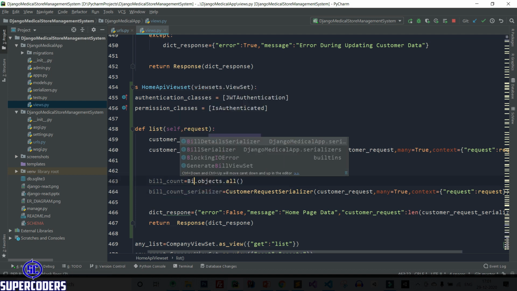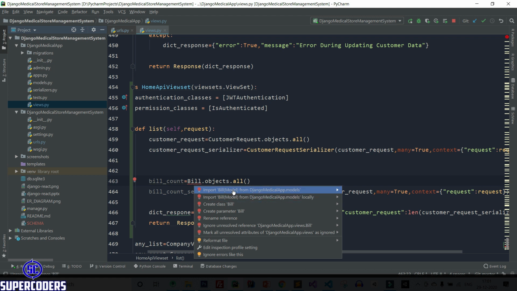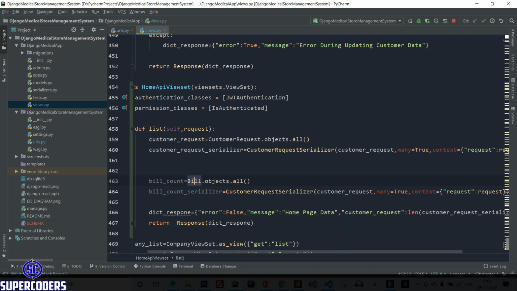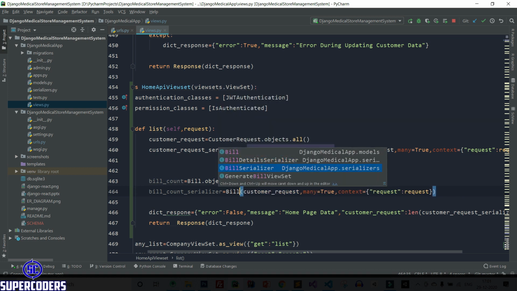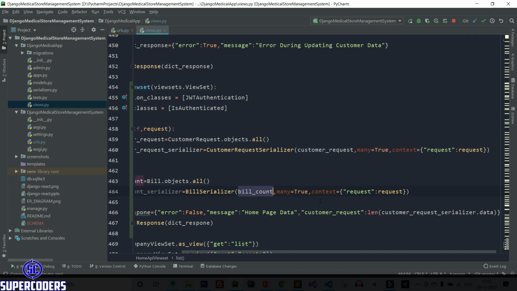After that, let's import the bill model. Click add, plus enter, and import bill model. After that change this serializer to bill serializer, change the object name here to bill count, and everything is perfect.